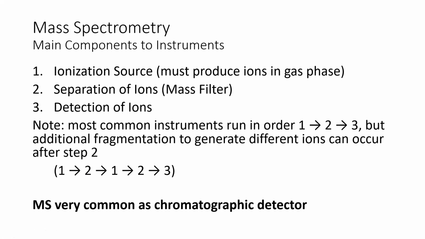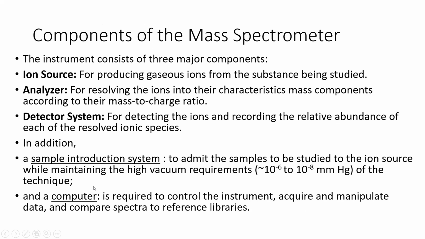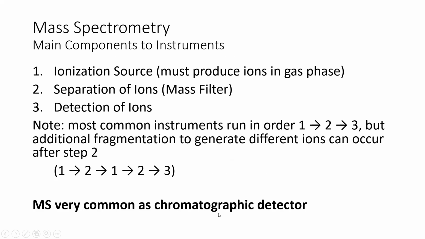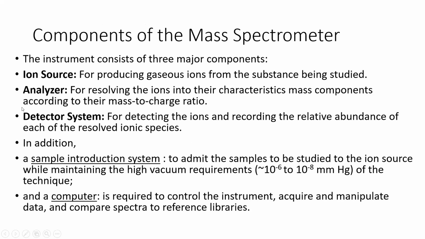Mass spectrometry, or mass spectroscopy, is a very common chromatographic detector. It can be coupled to liquid chromatography or gas chromatography. As we've said before, the three major components are the ion source, the analyzer, and the detector, and we need to know what happens at each. The ion source is where the gaseous ions of the substance are produced. The analyzer is where the ions are resolved into their different components based on their mass to charge ratio. And you have the detector system where the ions are detected and the relative abundance of each of the resolved